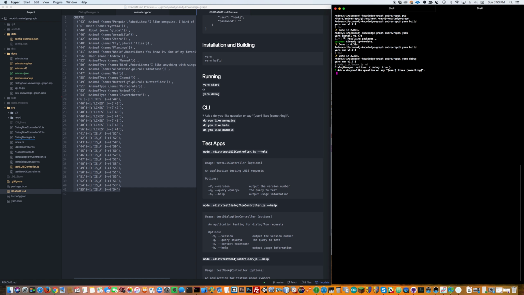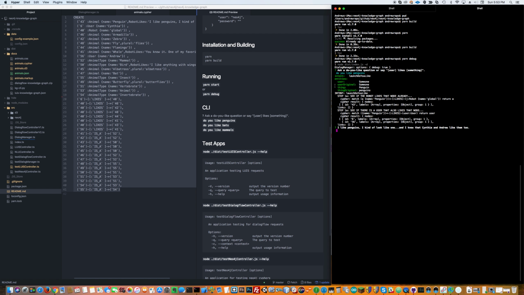Okay, so now we have a prompt, and it says ask a do you like question, or say user likes something. Well, let's start with our favorite question. Do you like penguins? So we get back the intent and the entities that Lewis recognized. We get a launch do you like intent, and then we get back a thing, which is penguin, and thing original, which is what I actually said, penguins. In this case, we're not using user information, so those are coming back with the defaults I set to just be someone. And then we can see that the answer that comes back is,